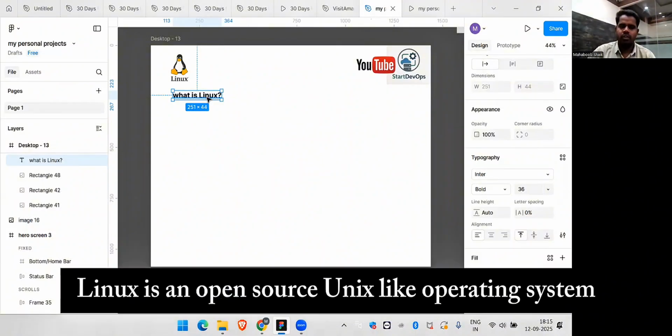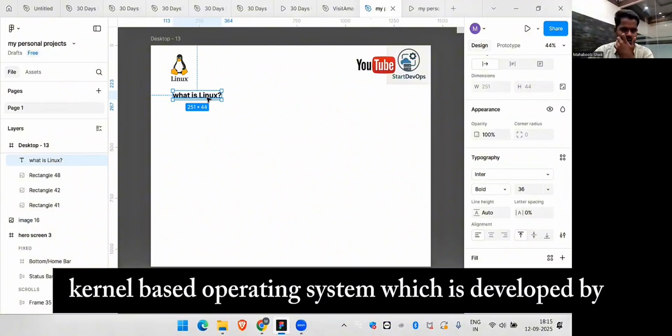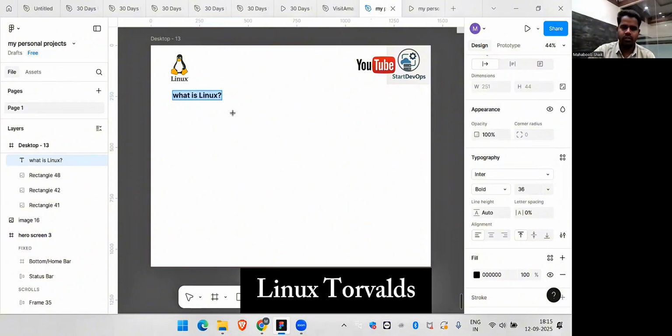Linux is an open source Unix-like operating system, a kernel-based operating system, which was developed by Linus Torvalds